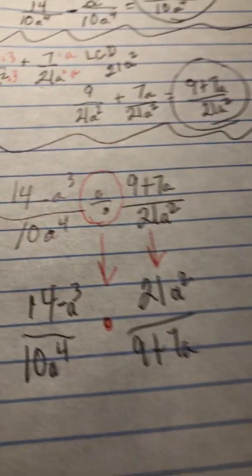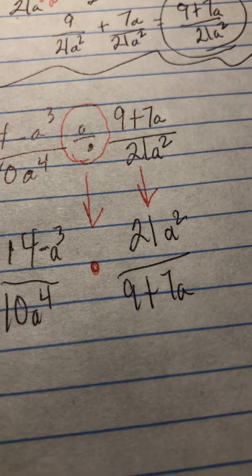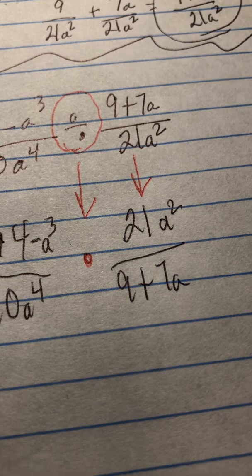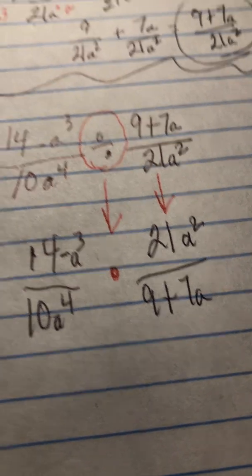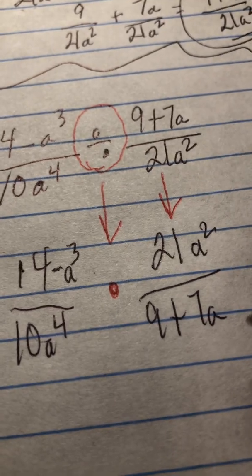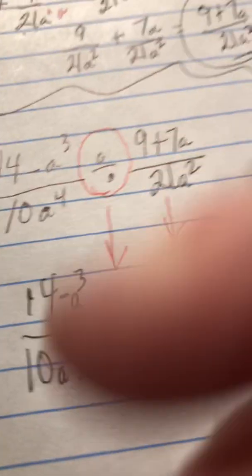All right. Now, with multiplying fractions, you want to get rid of or reduce as much as possible before you do the multiplication. So, for example, here, I see that these two right here have